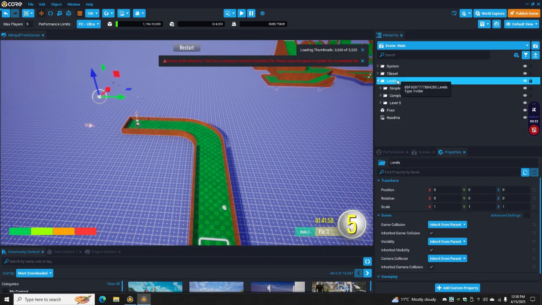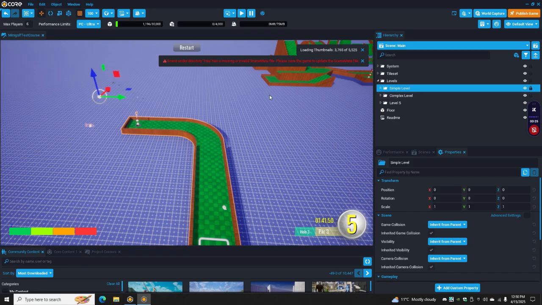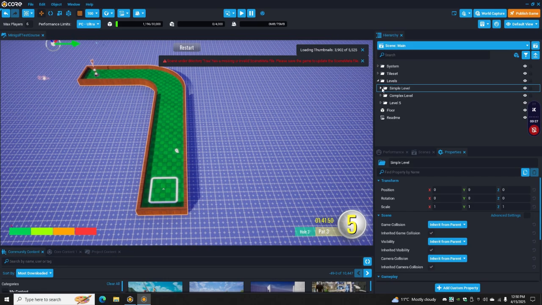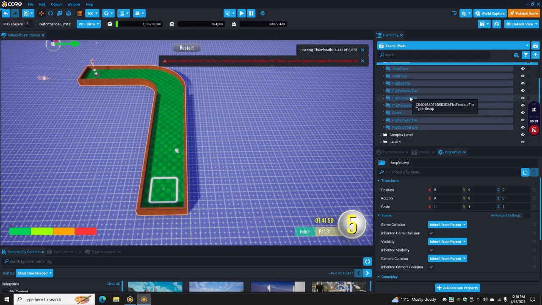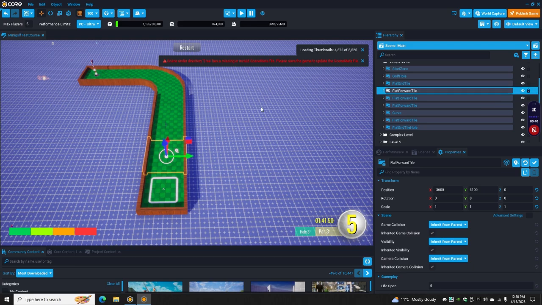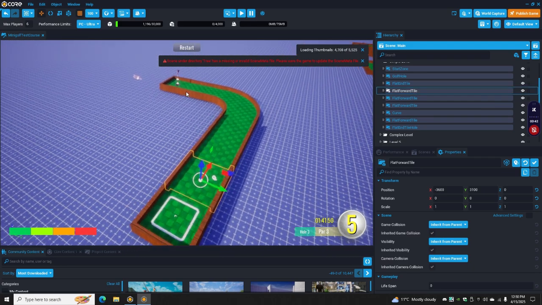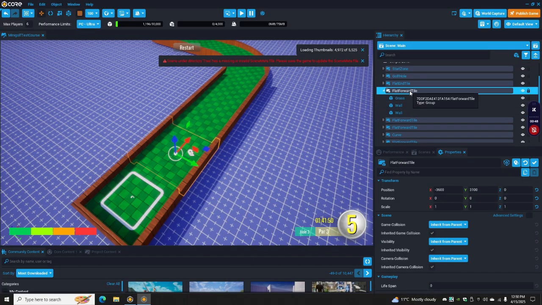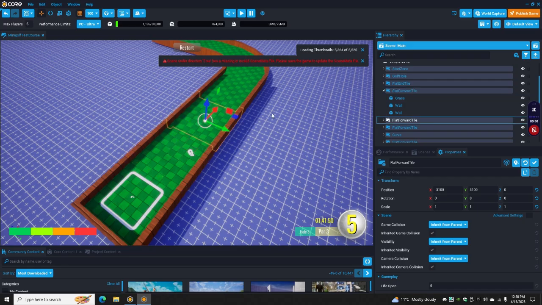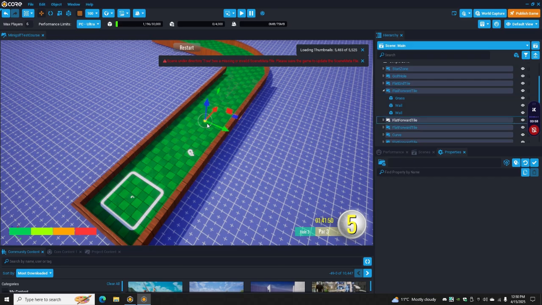Now, if we click on simple level, this little L or whatever you want to call it. Okay, so we're not in group selection mode. Hold on here. Group. All right. So now no matter where we click, it's always going to select the full